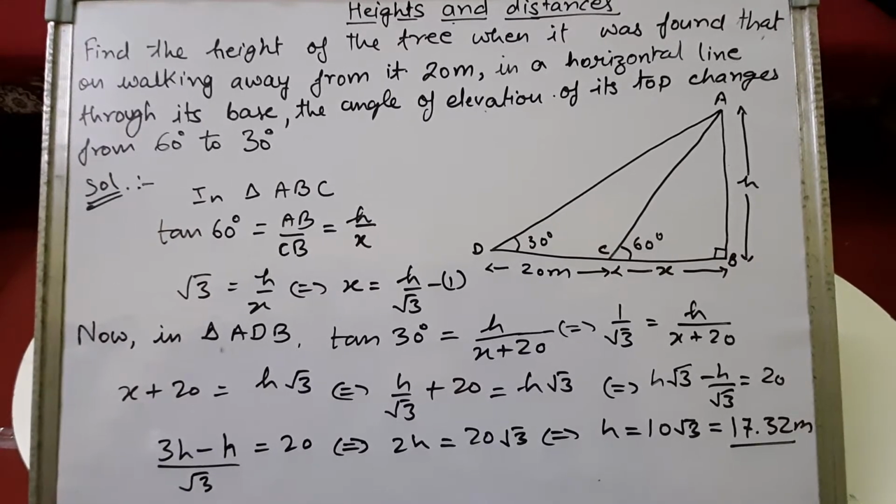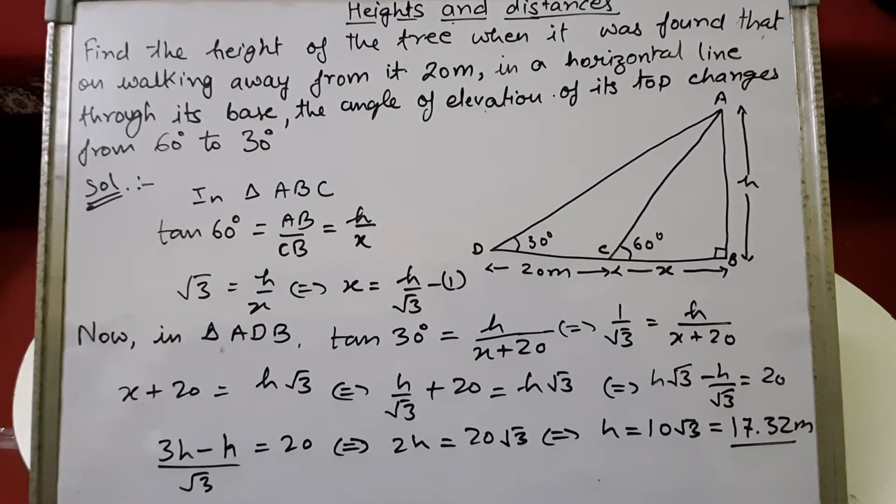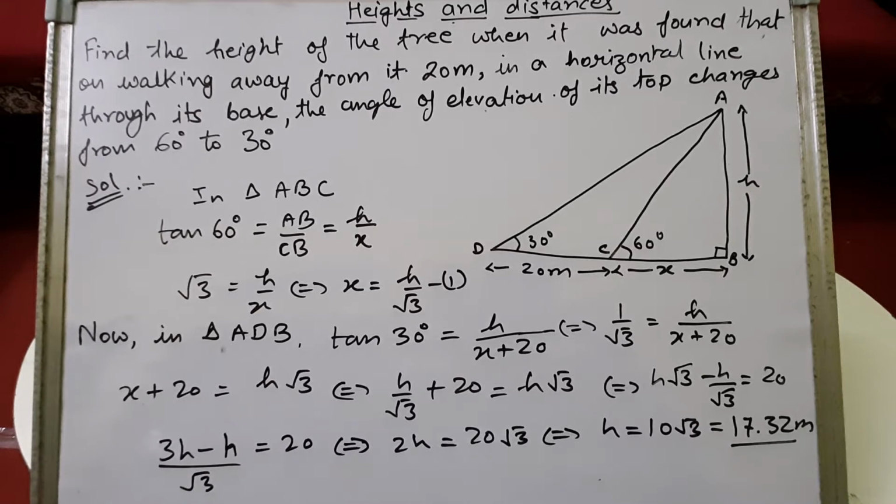Okay, children, today we will be discussing the next exercise of height and distance, the sums from the next exercise, right? So the concept is same. In the previous class, we have studied about the angle of elevation, the angle of depression, the horizontal distance, the vertical distance. So we are going to use the trigonometrical ratios to find the value of unknowns in the problems of height and distance, right? So the procedure is same as we have discussed.